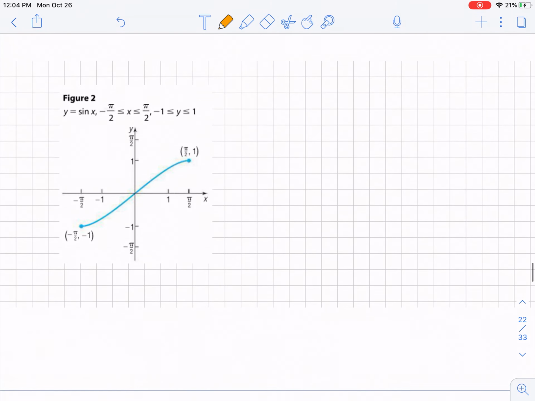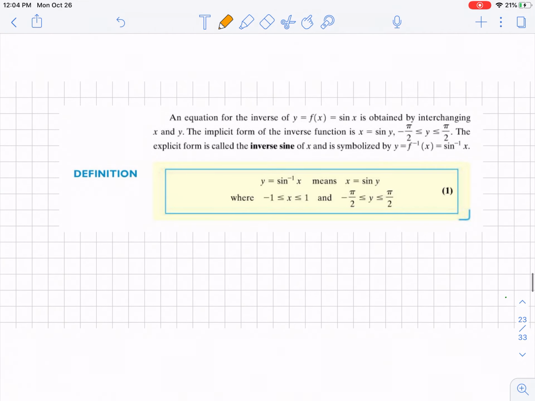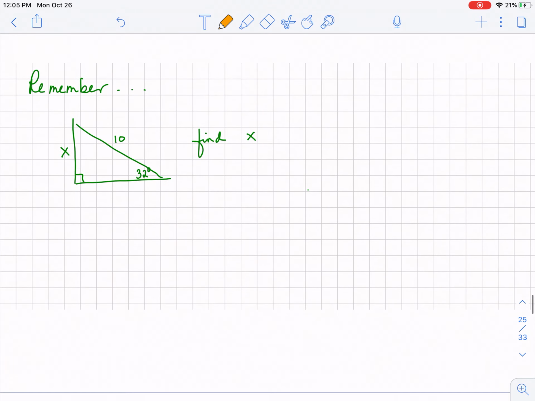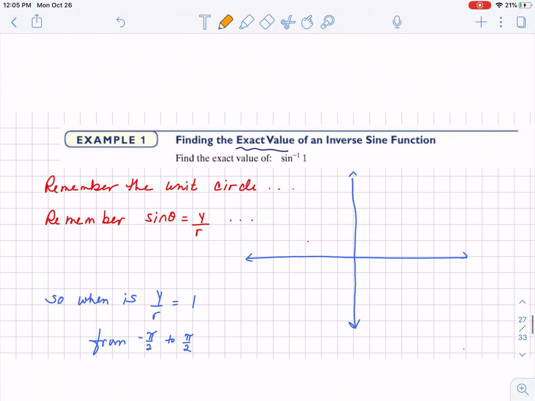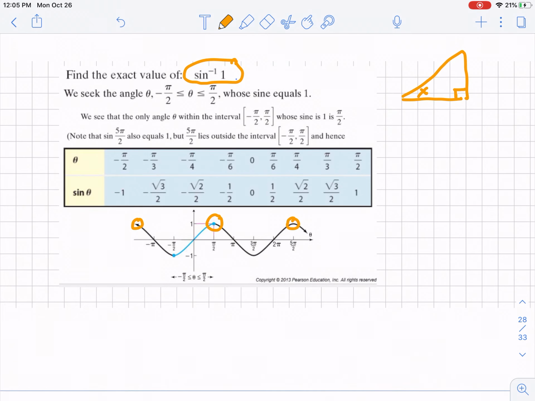I'm sorry I'm skipping around so much, but that's kind of how it is. There is my restricted domain, okay? I'm trying to think if there's anything else I want to talk about. So if I asked you for the sine inverse of 1, your answer is pi over 2, okay,